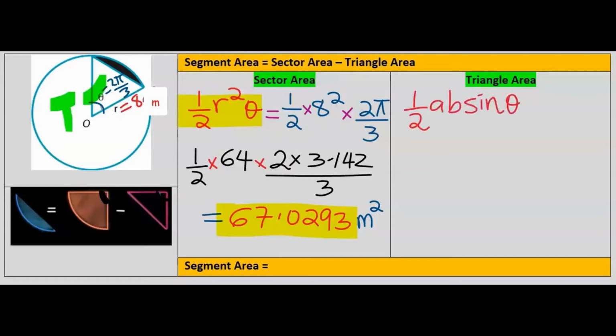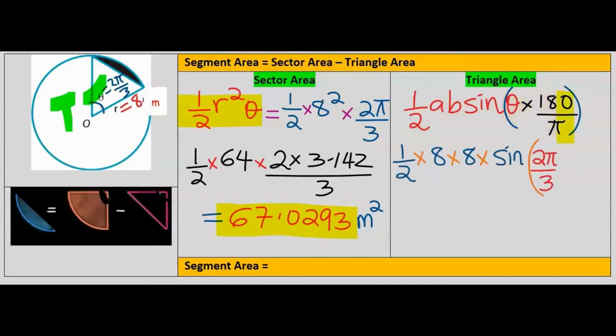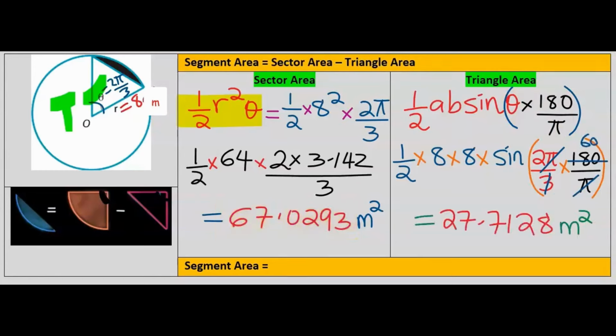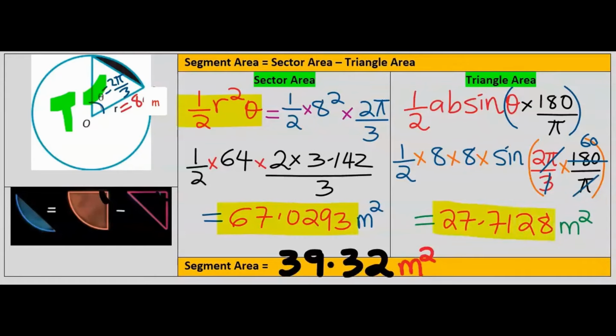The formula is half multiplied by the two given sides multiplied by sine theta. This theta for the triangle is usually in degrees. To be able to subtract from radians, we're going to multiply this by 180 divided by pi. Next, pi will cancel this pi. 3 here is 1 and 3 here is 60. When you simplify further, your answer for the area of the triangle is 27.7128 meters squared. The area of the sector minus the area of the triangle is